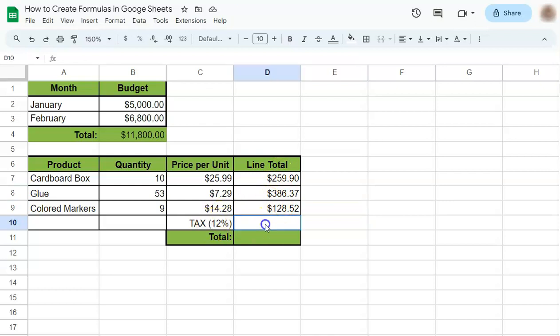Now for this one, in order to get our 12% tax from the total, what we want to do is to add these 3 and then multiply it to the percentage tax. How do we do it? Again, let's start with the equal sign. Get a total from these 3, D7 plus D8 plus D9. Multiplied to 12%. Now, if you enter that, what happened is, this is multiplied to this one and then added